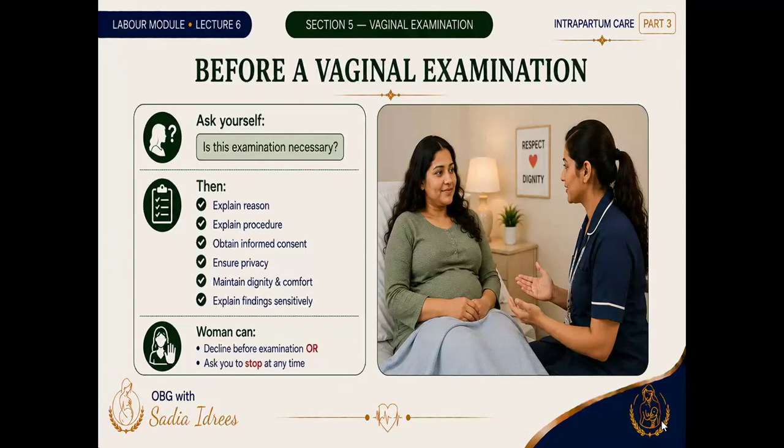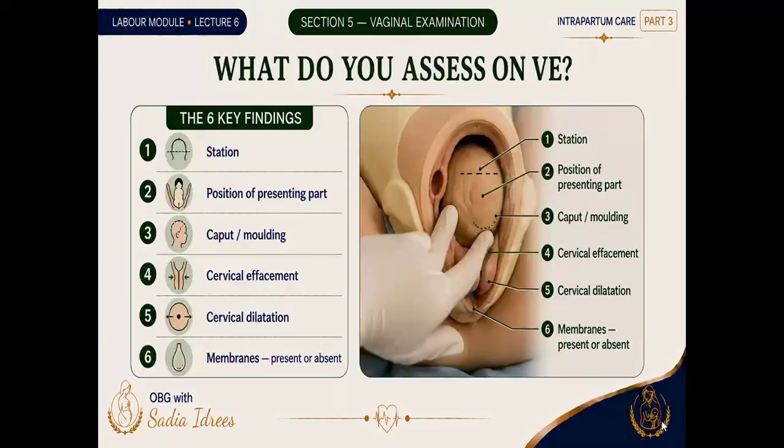and communicate the findings with the patient. And remember this, because when we move into established labor, we will discuss the recommended frequency of vaginal examinations and the other maternal and fetal observations. That section is extremely high yield because there are several numbers that NICE loves and the examiner loves even more. So now that we know how to offer a vaginal examination, the next question is, what exactly are we assessing